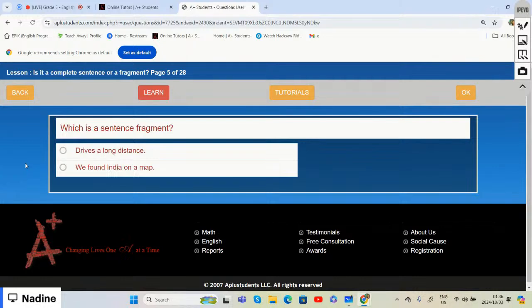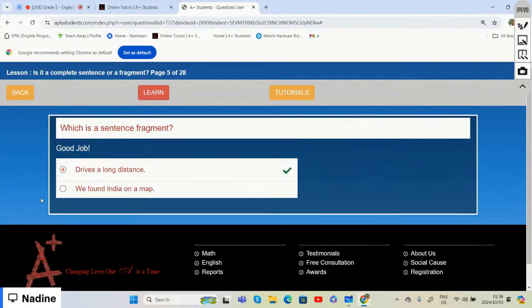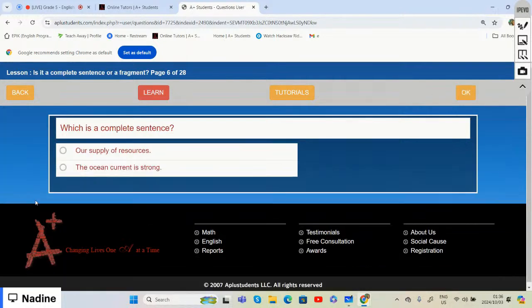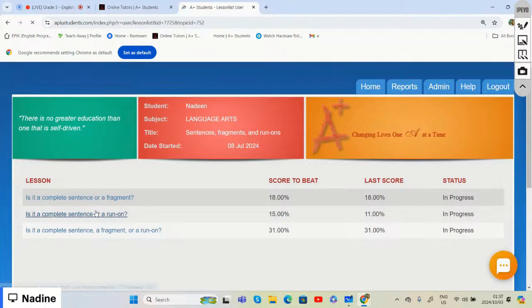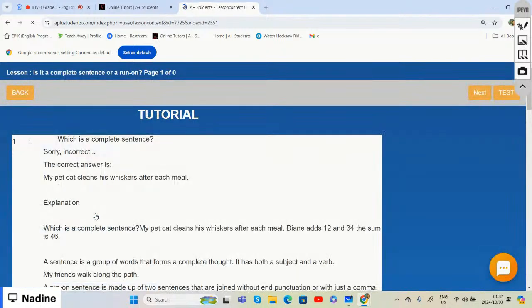All right. And if we were to select our sentence fragment, then option one, drives a long distance, because it's not telling us who drives a long distance. Well done. All right, now we're going to the second lesson, which says, is it a sentence or